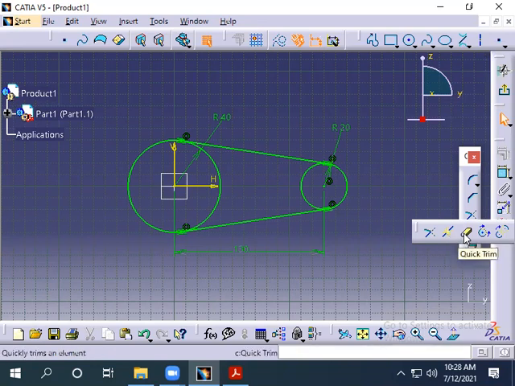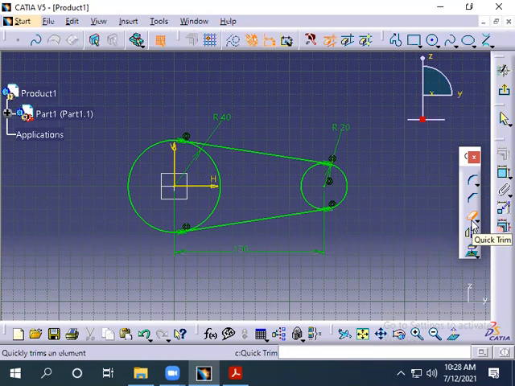Break, quick trim. This one is the most popular. Quick trim, that is a rubber-like symbol, right? What you have to do is come inside this circle. When we click this circle, it will search for boundaries. Wherever it has a boundary, for example, the circle is going here and meeting here, it will delete up to here. Another boundary is here. So if I click inside, this total circle up until here will be deleted.